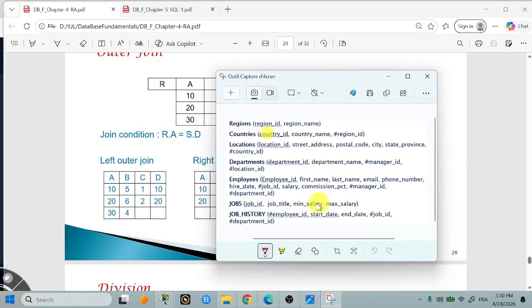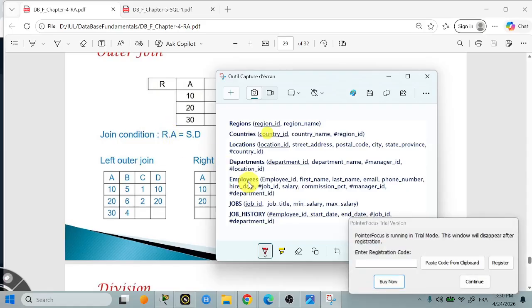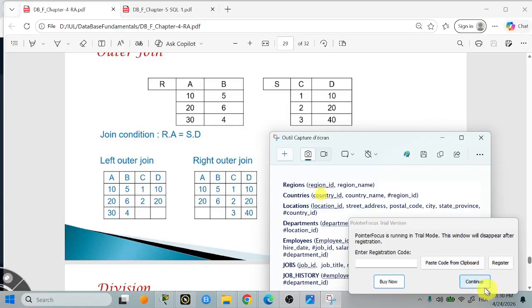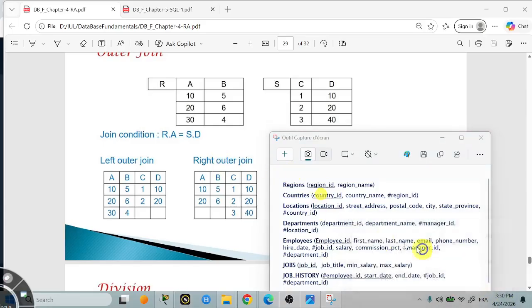Our exercise here is from R as employees and S as department. S is like department and R as employees. So for the left outer join, we take